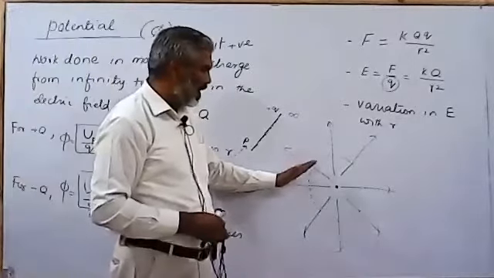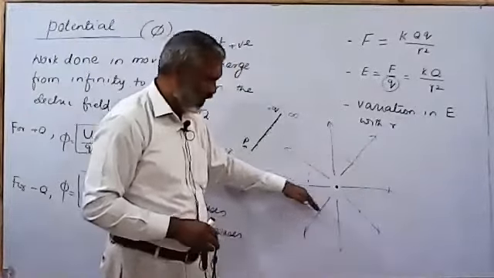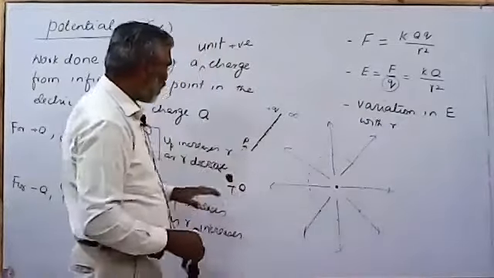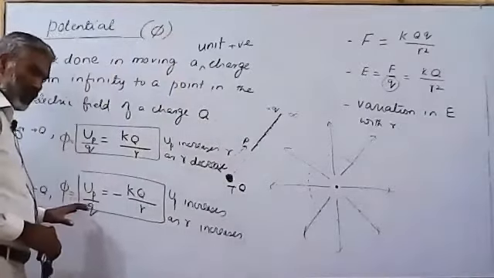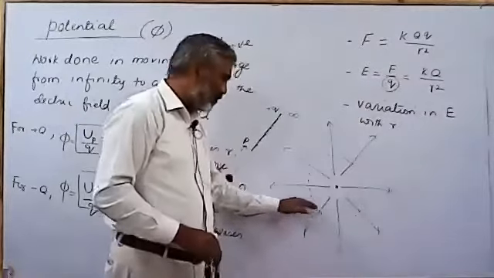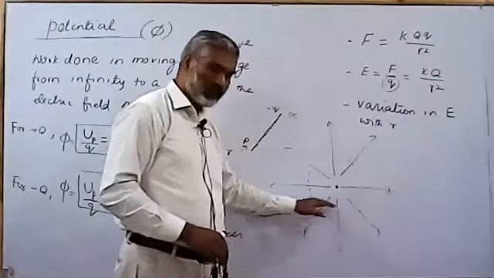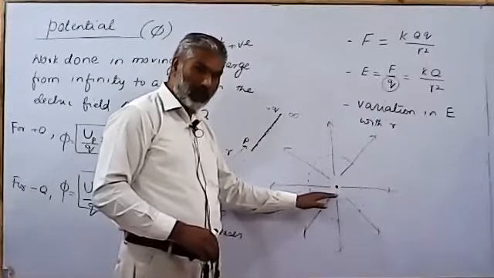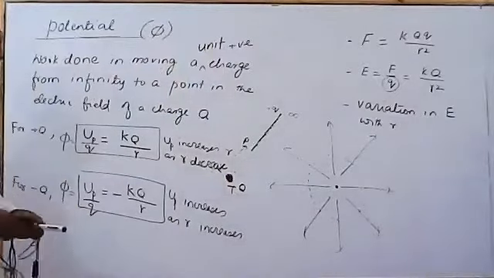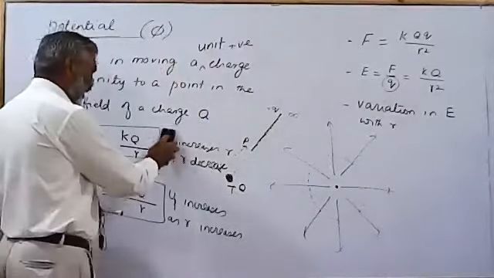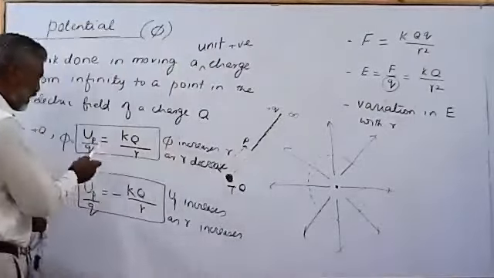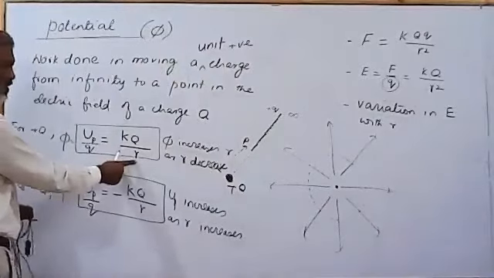Similarly, potential remains the same at all these points if they are equidistant from the charge Q. So for positive charge and for negative charge, the values of potential remain the same if you are at the same distance from the charge capital Q, whether it is positive or negative. But like potential energy, phi is clearly increasing if you make R small.